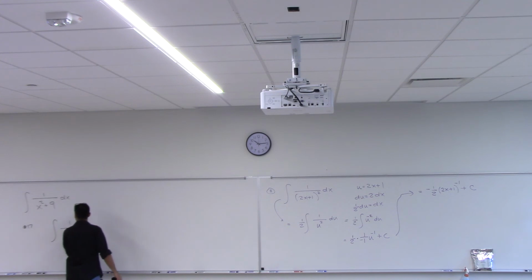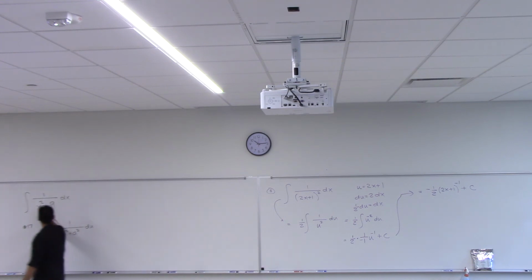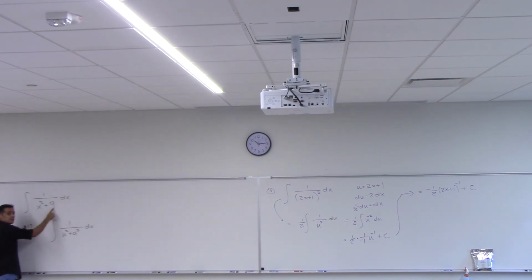Integral 1 over, now we have it backwards, don't we? On our formula it was u squared plus a squared du. That was the formula I just verified for you. That's what we have, don't we? Oh wait, yeah, it is the right way. Sorry, it is the right way. We have our variable squared plus our constant squared. So we go straight to the formula right here. Here for us, u is x and a is what? 3. So according to formula 17, the answer is, without any work,